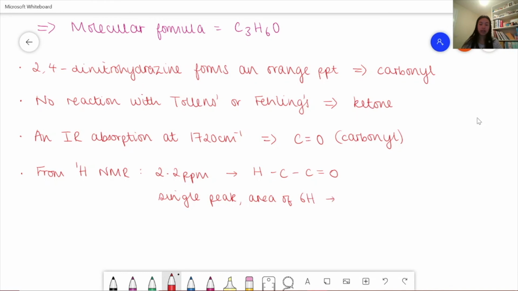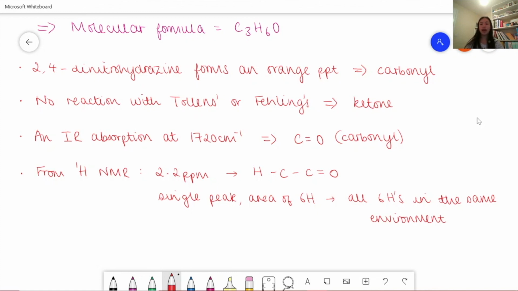And so what this tells us is that all 6 hydrogens are in the same environment. And so the only way we can get 6 hydrogens in the same environment is if we have 2 methyl groups. So if we have CH3,